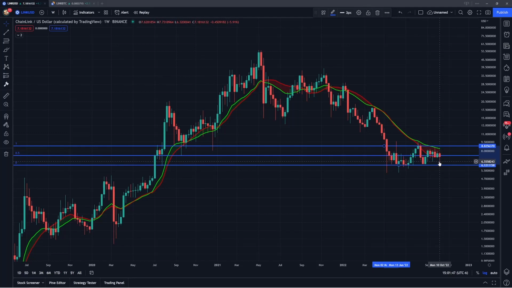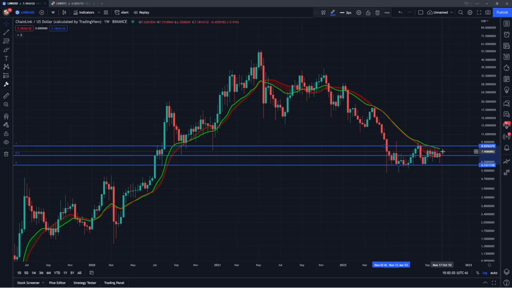So this could be a potential area where if we do start to break above this range, that is another thing to consider, and that would be another case for the bulls. Again, the range high being around $8.80, so if we can reclaim that, get above both that level and the moving averages, that would be a very bullish sign headed into the next few months towards the end of the year.